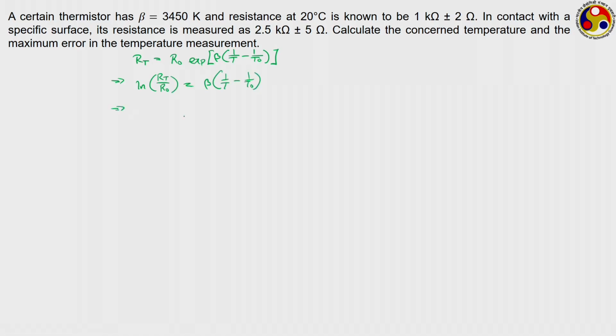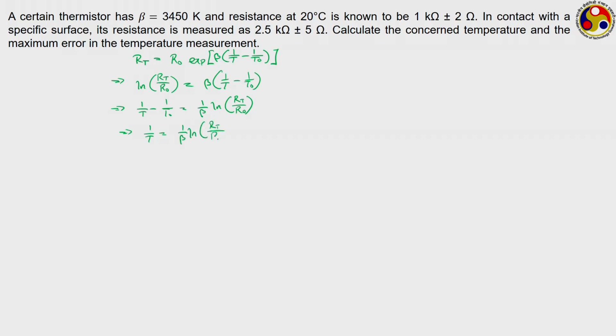So, if we want to express this in terms of temperature, then we are going to get 1 upon T minus 1 upon T naught is equal to 1 by beta into ln RT upon R naught, that is 1 upon T is equal to,